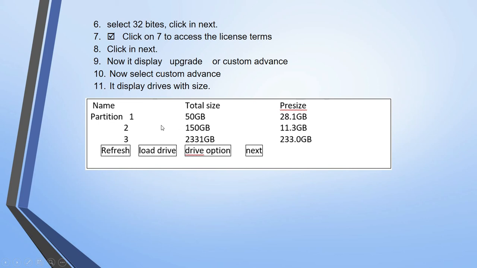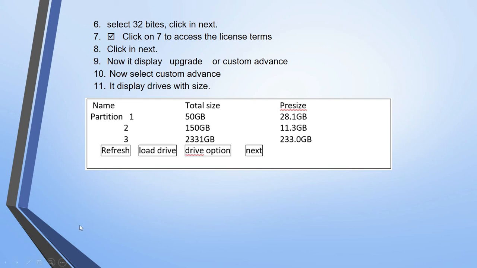In such a manner, different partitions are predefined. On my system it has 3 partitions, maybe on your system it has 2 partitions or 1 partition. Depending upon your requirement, you should make some partitions, but remember that your OS should be installed inside your C drive.